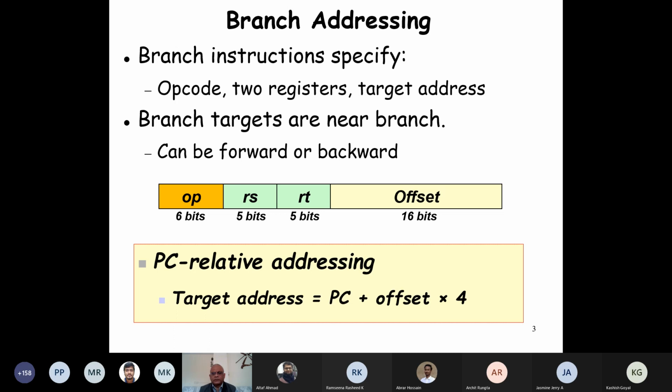Anybody would like to argue on this point? 2 to the power 15 is the maximum number of instructions either backward or forward. And if you consider it as bytes, then of course times 4, because each instruction is 4 bytes. Am I clear? Does anybody have doubts on this?